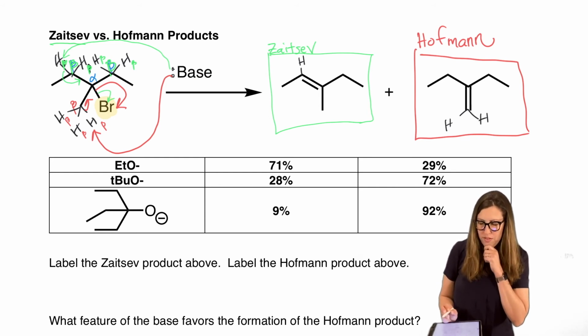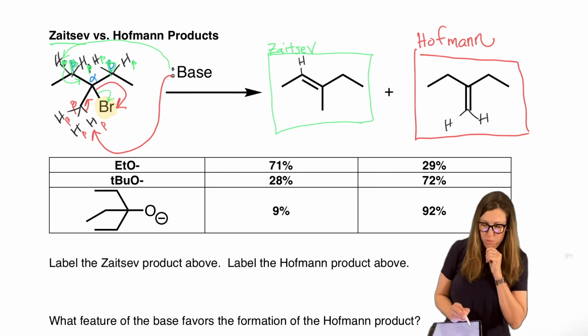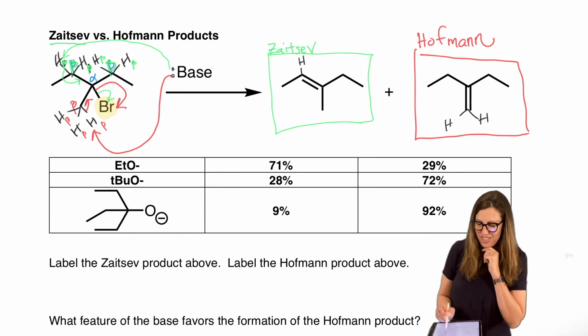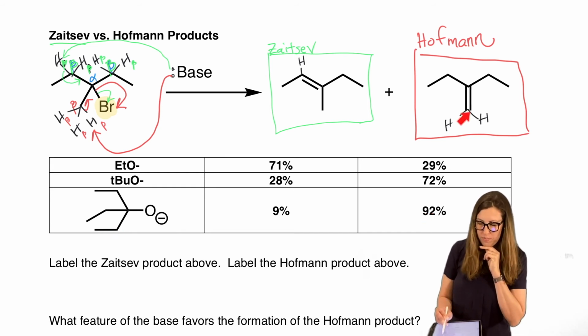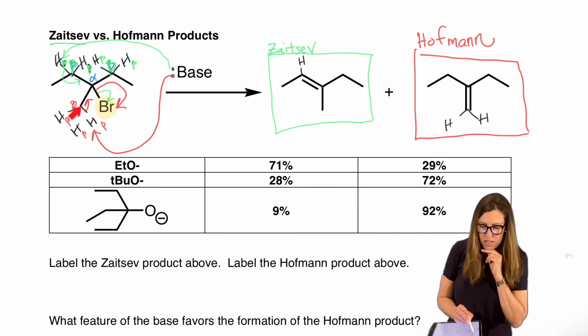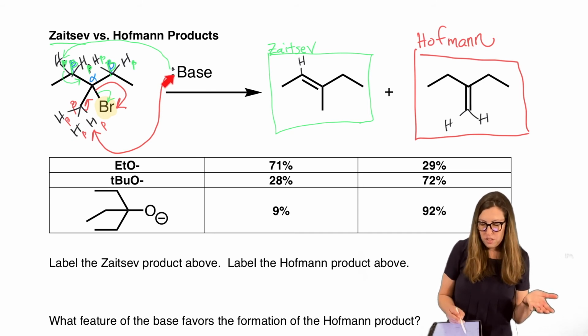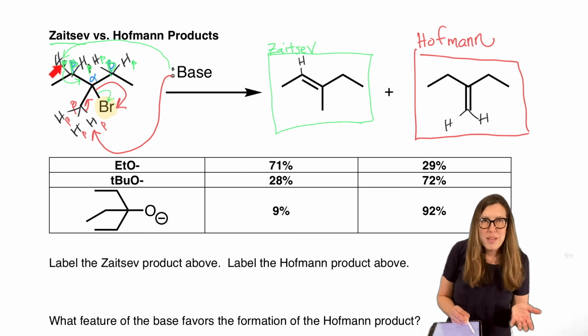Which one do you think would be favored in the presence of a large base? Well, the numbers are here for you. Look at that. Overwhelmingly, a large base prefers this one. Can we see why that is? Notice that this is less substituted. This methyl versus ethyl, it's on the periphery of the molecule, right? So if you're a large, huge base, you don't want to get way in there and through this crowded space. You're more likely to successfully pull off a proton that's on the periphery.